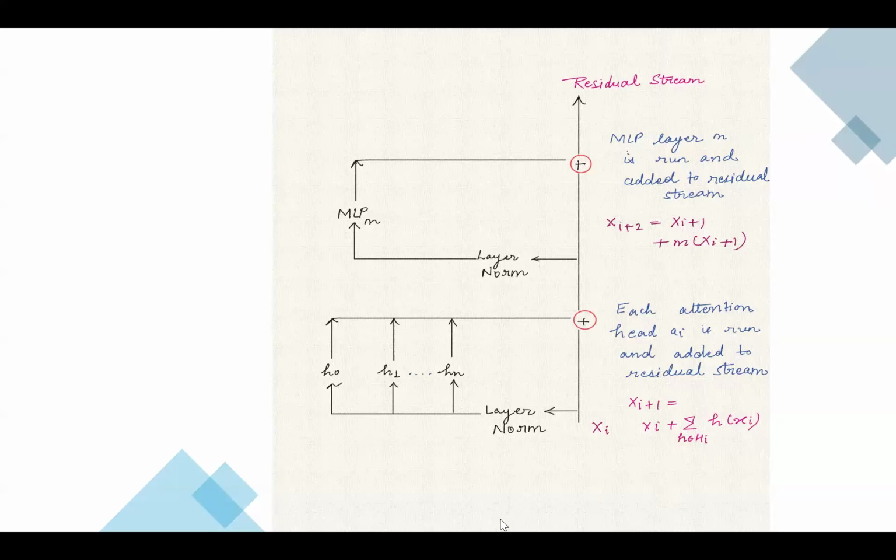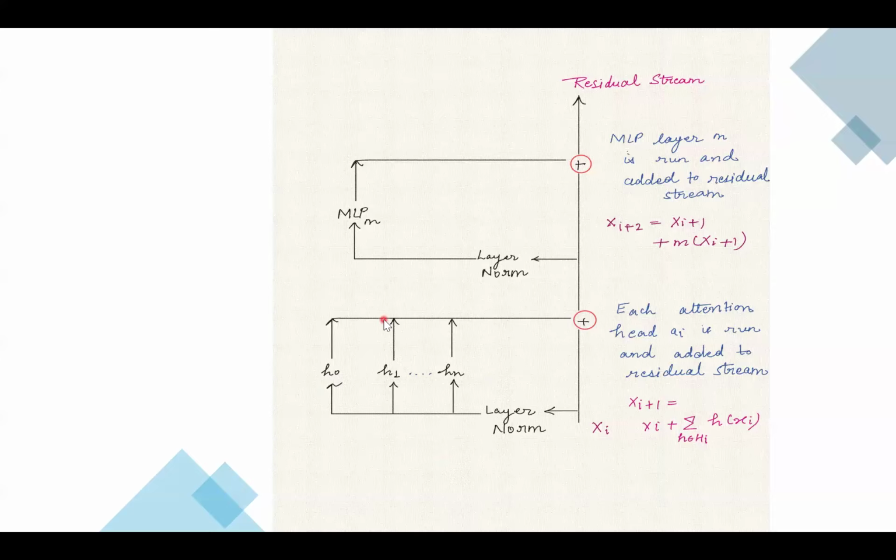So for example, if h0, which in this case I have depicted as xi, is the input for the i-th transformer block, it goes here. First of all, we apply the layer norm. I will explain what the layer norm is on the next slide. After applying the layer norm, we give the xi to all the heads which are there,